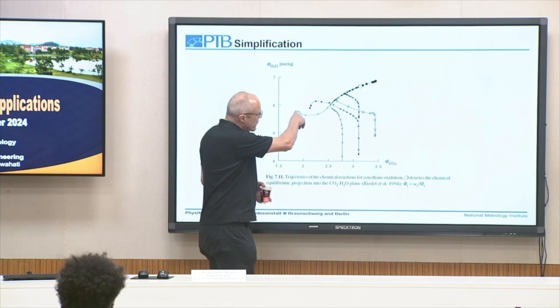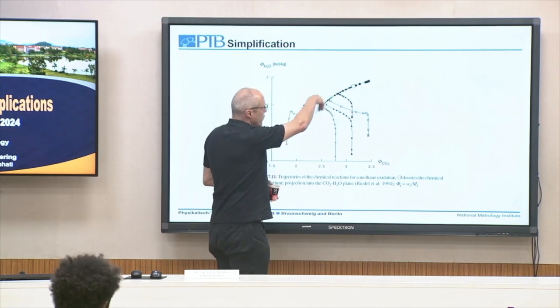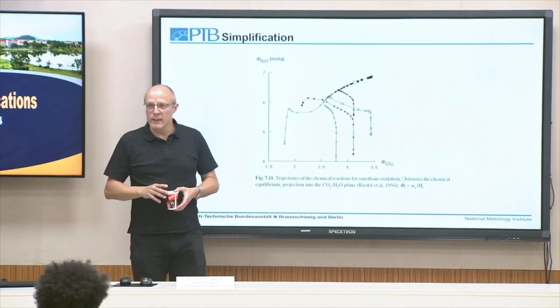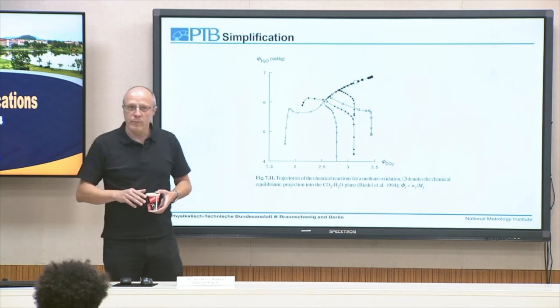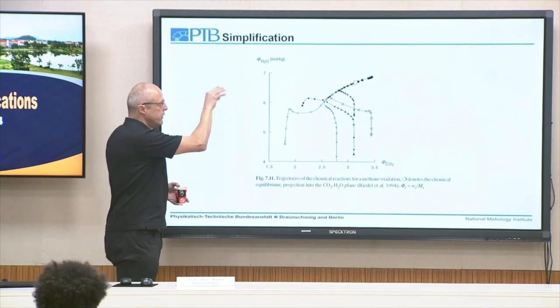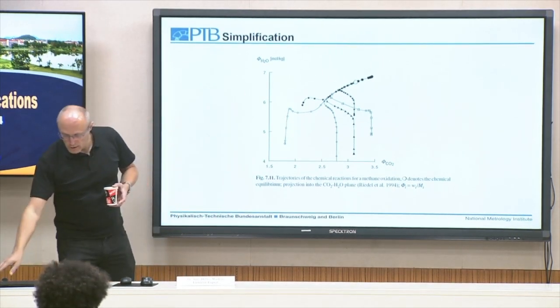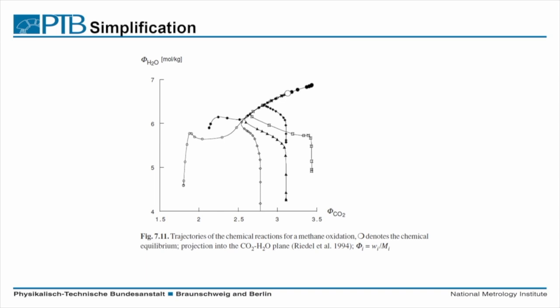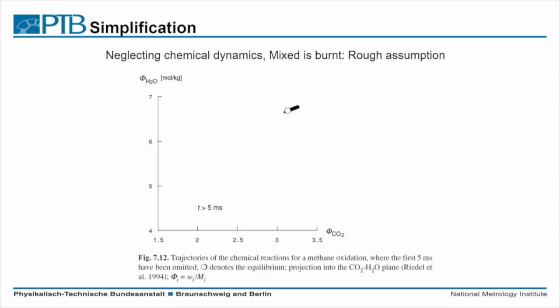But of course, here we know these trajectories. So wherever we start in our state space with our complex system, we end finally at this equilibrium state. So if we, for example, neglect chemical dynamics, so mix is burn, very rough assumptions, well, we have